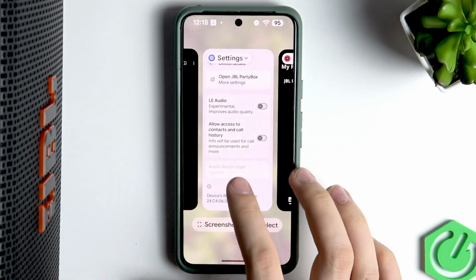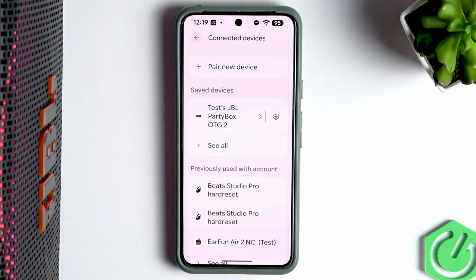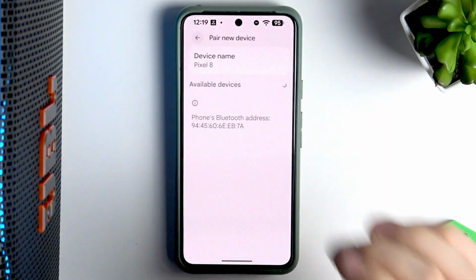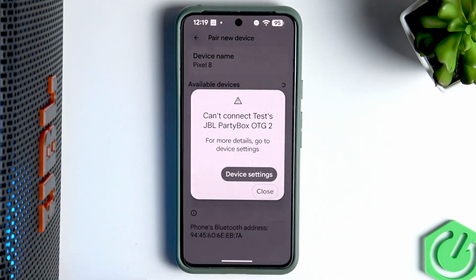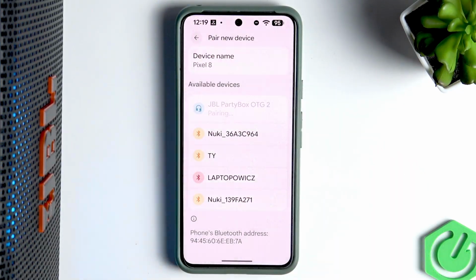Let's go to the settings and wait for the change. Now the device and our speaker here. Close, pair,